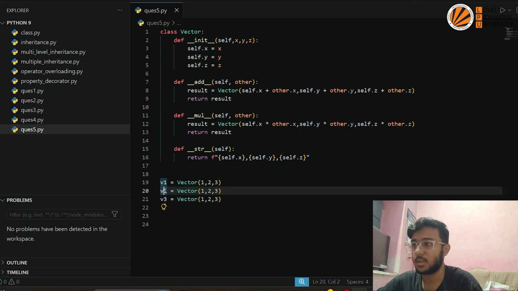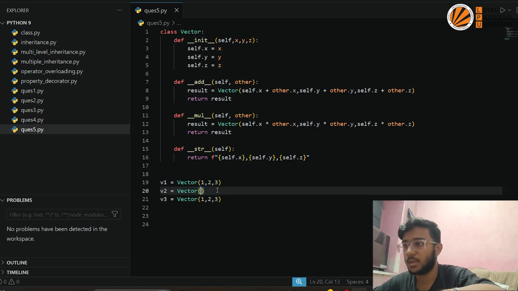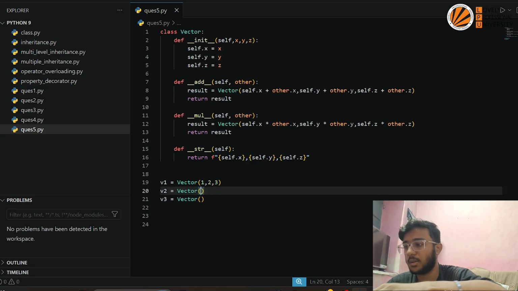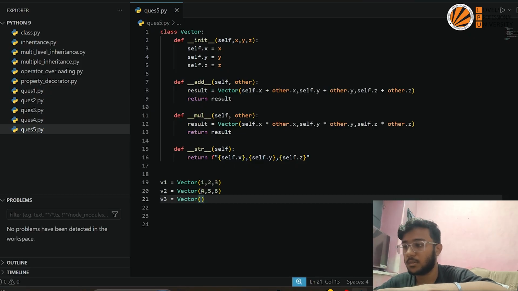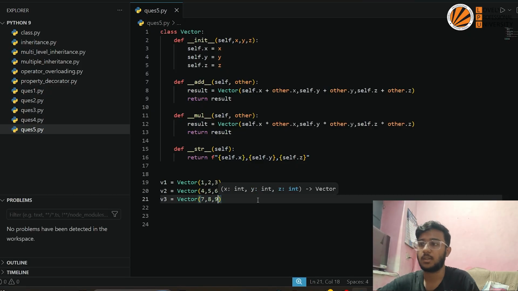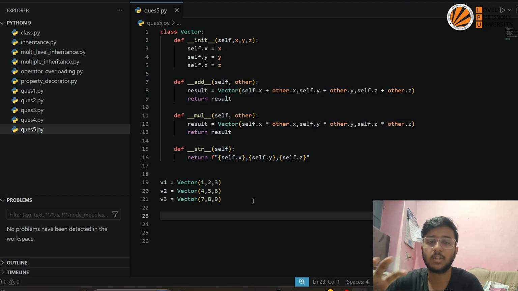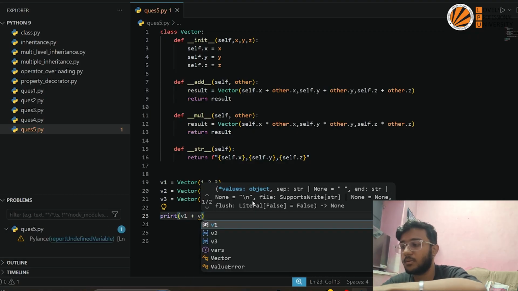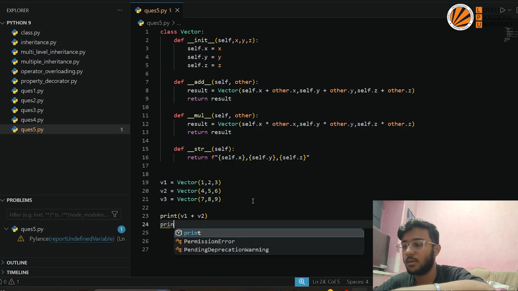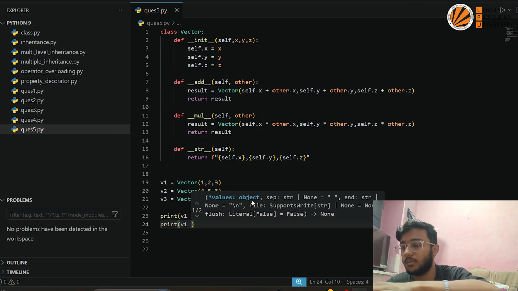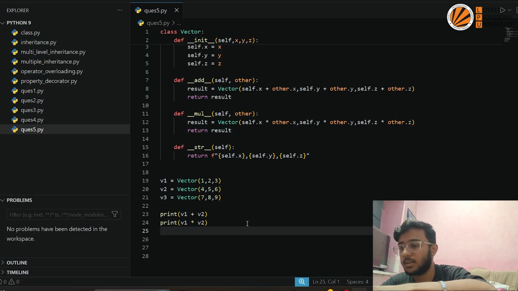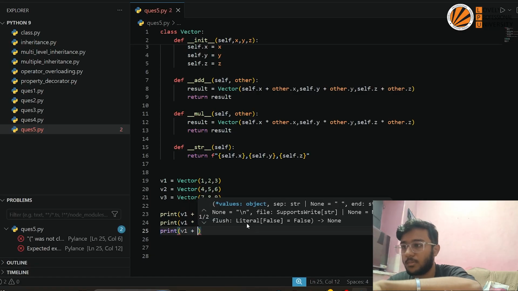Here I will make it 3, and here I will make it 2, and then here also, and here also. I will erase this, and I will write 4 5 6, and then this one 7 8 and 9, just like this. We have created 2 objects here, 3 objects here. Now let's print v1 plus v2 and print v1 into v2 as well, and again after that print v1 plus